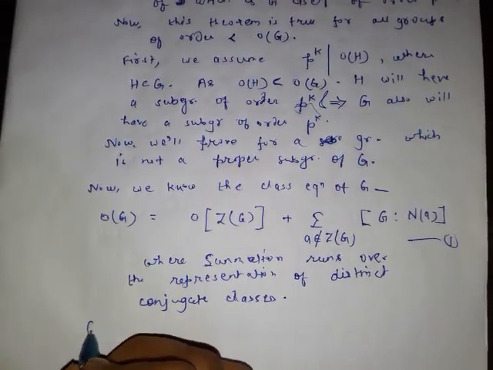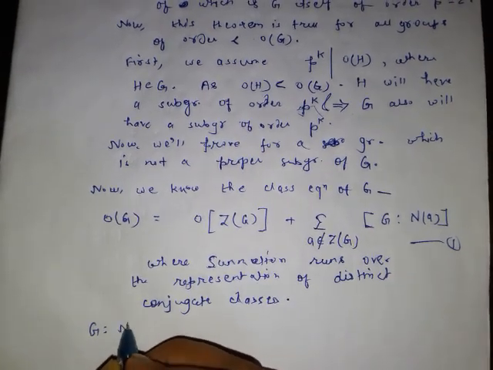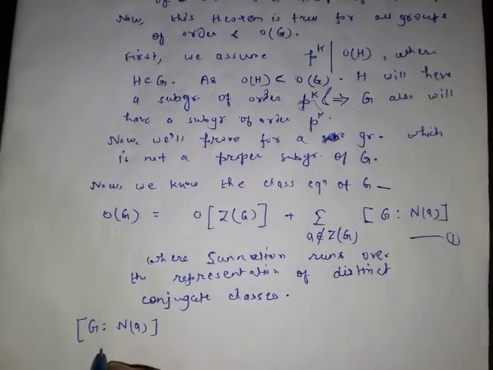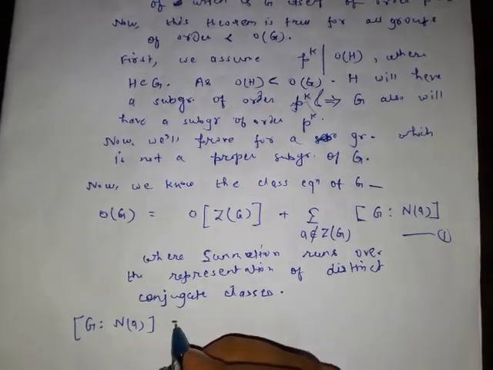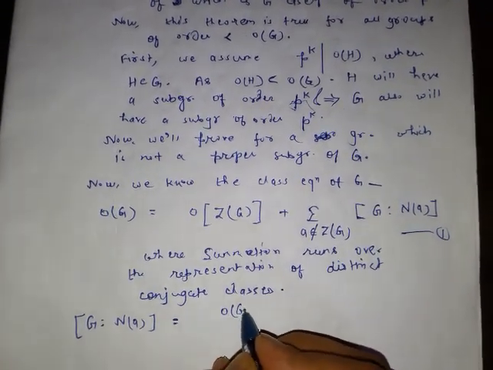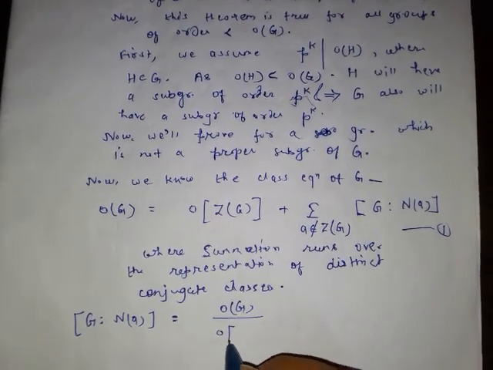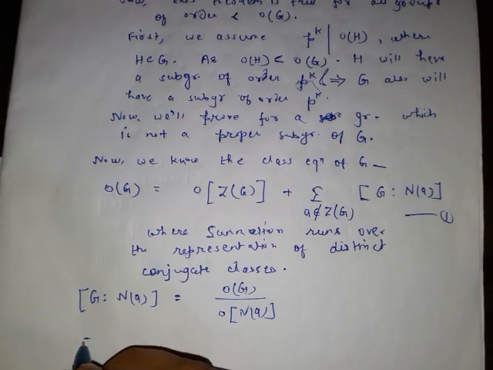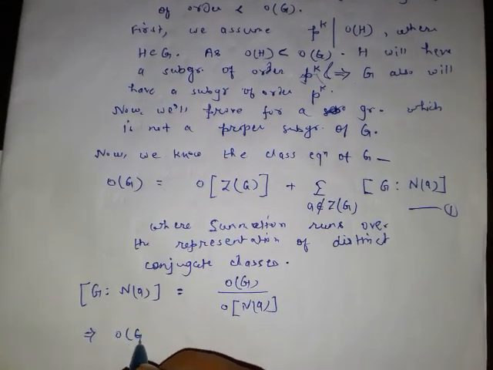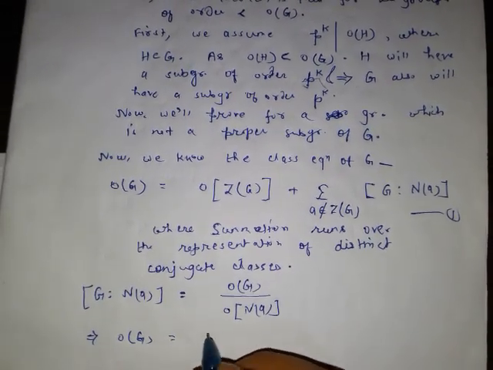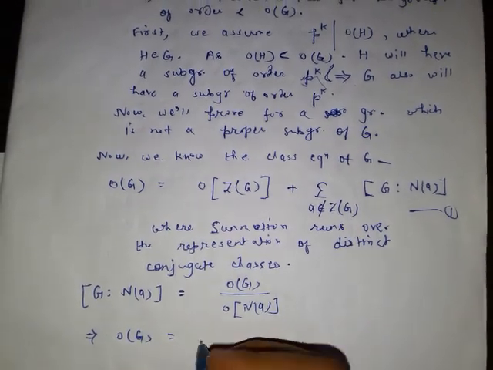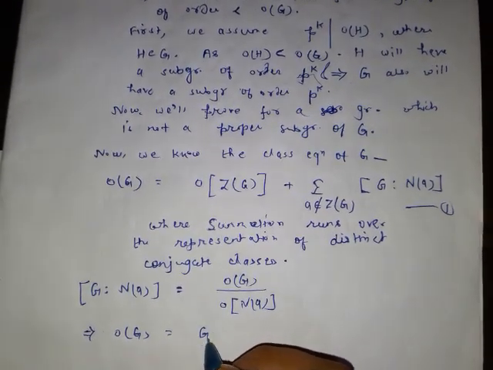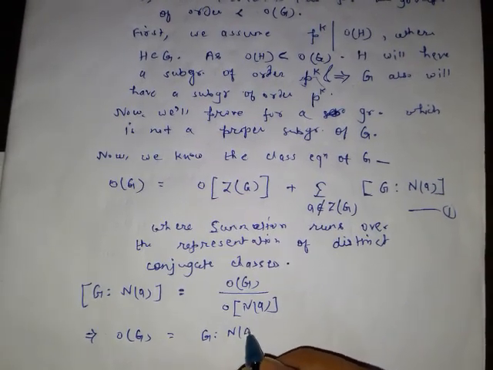We know that the index of N(A) in G is equal to the order of G upon the order of the subgroup N(A). If we write the order of the group G on the left side and these two expressions on the other side, then we get